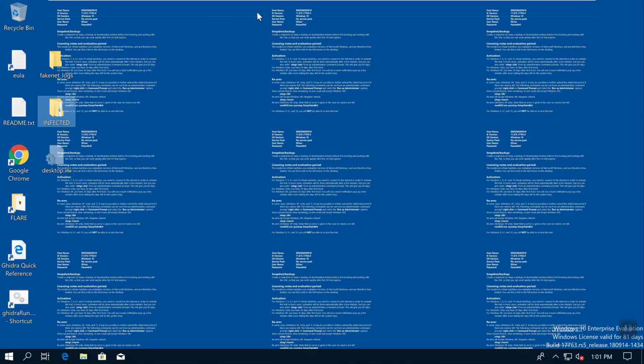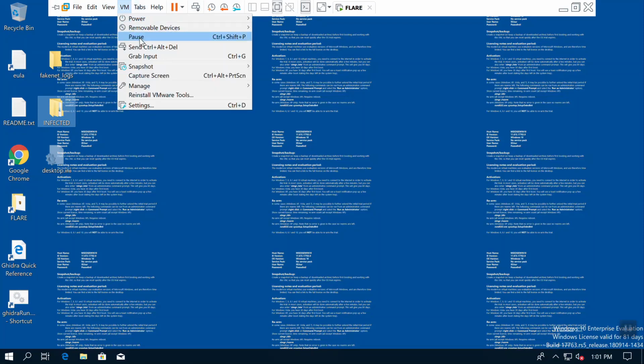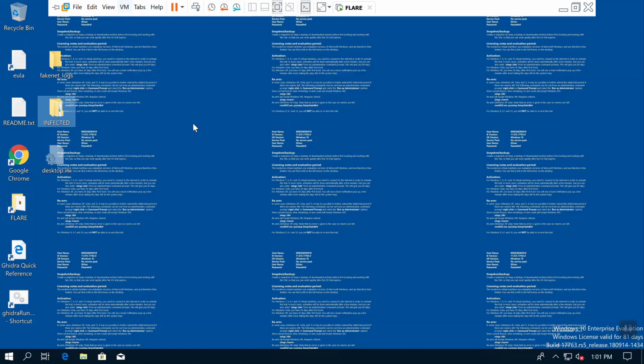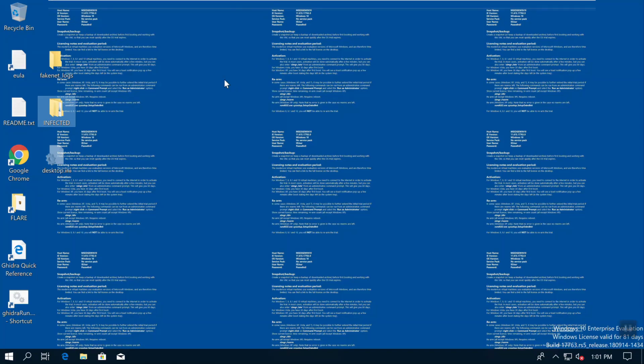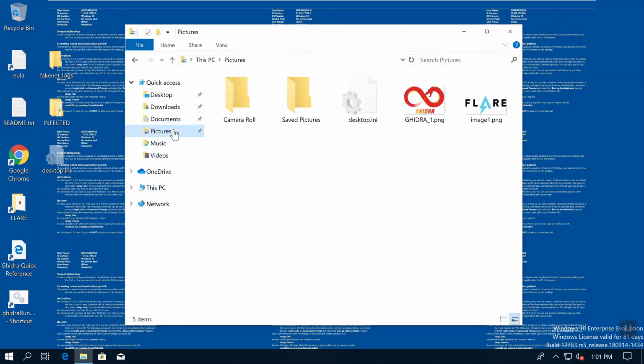So to do that, and again, I'm using Windows-based VMware Workstation, I'm going to go up to the VM menu and I'm going to grab a snapshot. One of the things I'll note here, if you don't want to keep this background on the desktop as a default, if you want to customize that, on my particular system here, inside of the pictures folder, and what can be distributed to you all is just the FLARE logo